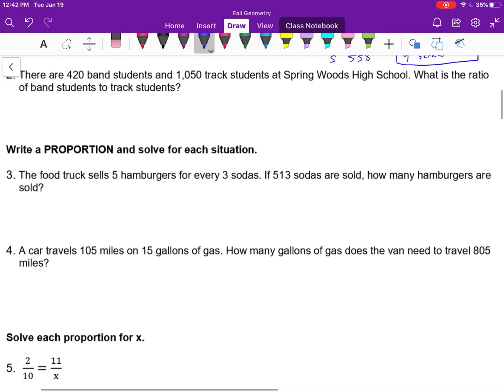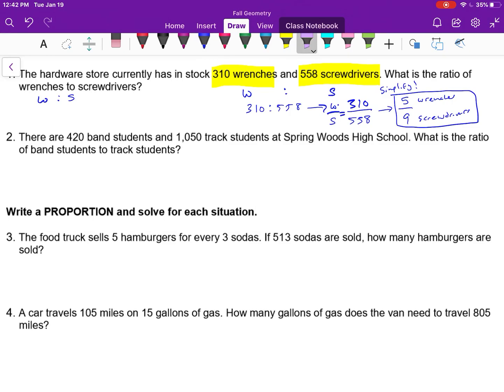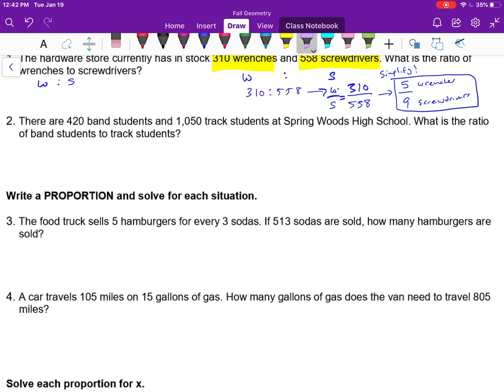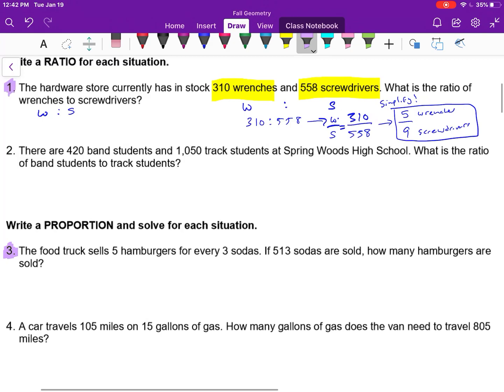Sometimes after you understand what a ratio is, you can set it up in a proportion. Let's say a food truck. We did number 1, number 3, I mean. A food truck sells 5 hamburgers for every 3 sodas. So in this case, I have hamburgers to sodas. If 513 sodas are sold, how many hamburgers are sold? So let's look at this. Now I'm going to have 5 hamburgers for every 3 sodas, and that's going to be equal to